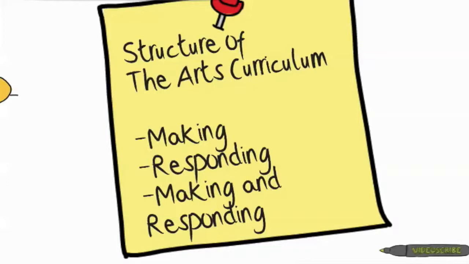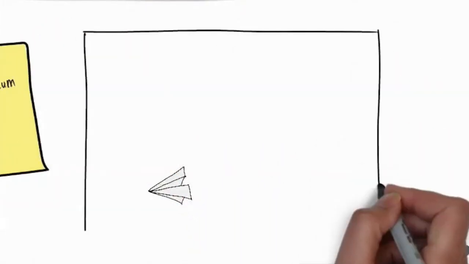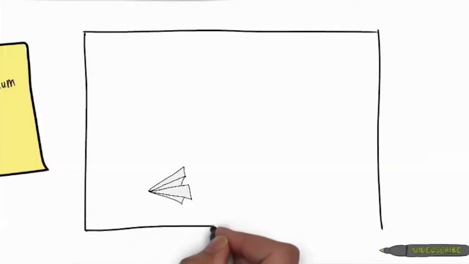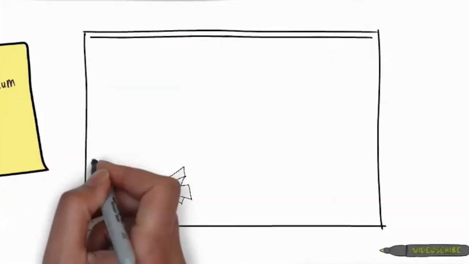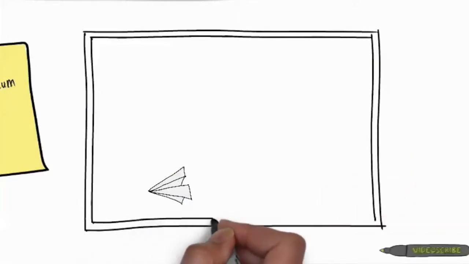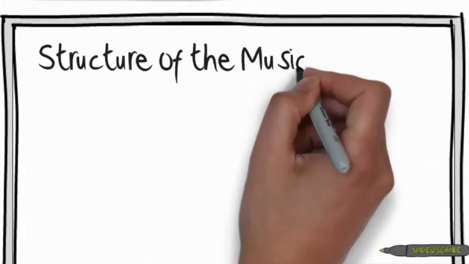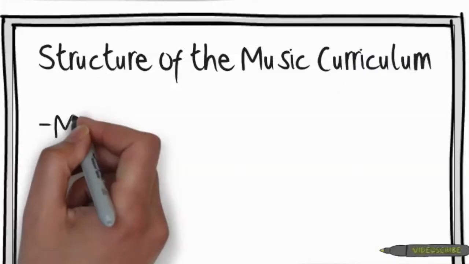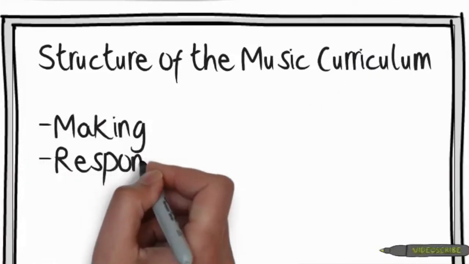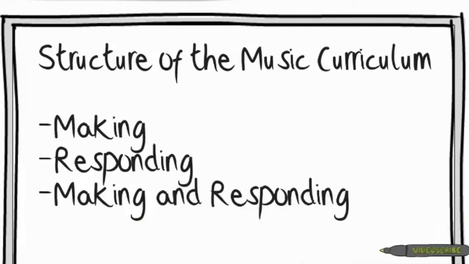When responding, students learn to critically evaluate the presentation, production and or performance of artworks through exploration of the practices involved in making artwork and the relationship between artist, audience and artwork. The third section of the curriculum discusses the relationships that making and responding have together. Making and responding together, they provide students with knowledge, understanding and skills as artists, performers and audience, and develop students' skills in critical and creative thinking.